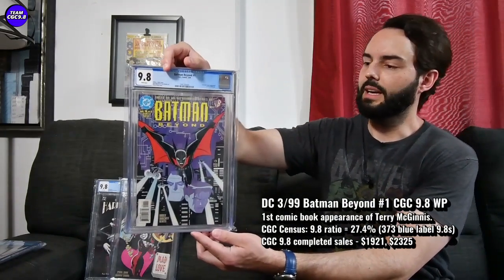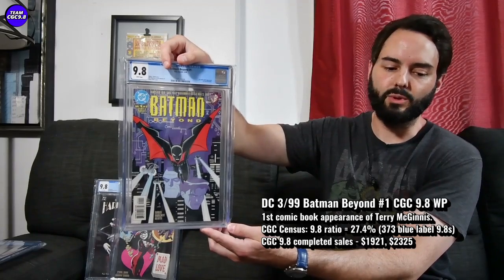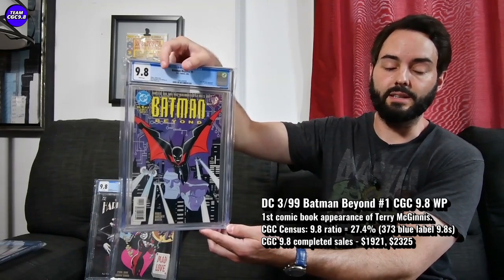All right, next one from the 90s that I really love is Batman Beyond number 1. And kind of in the first print UPC code version, Batman Beyond number 1 is the one to get if you're the biggest Batman Beyond fan. And it's a really tough one. This one is from the late 90s, so we're in 1999 on Batman Beyond number 1. And in the late 90s,